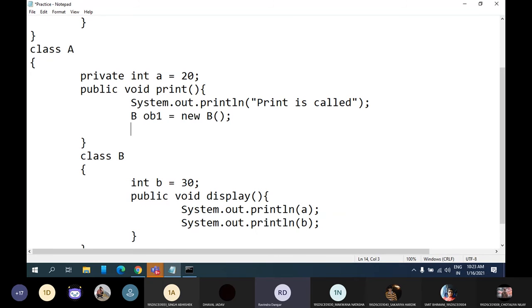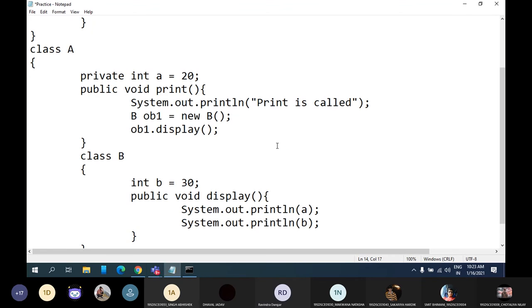So ob1 dot, can anyone tell me what should I do now? ob1.display. Correct.